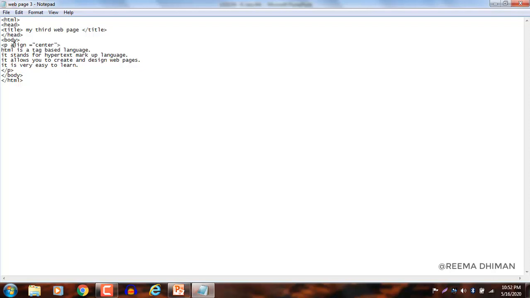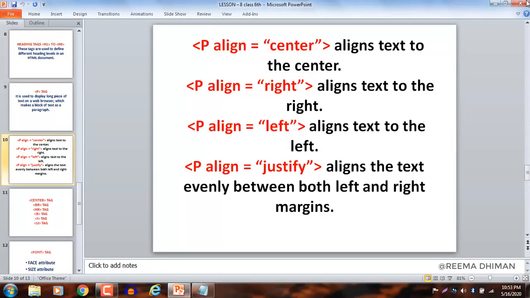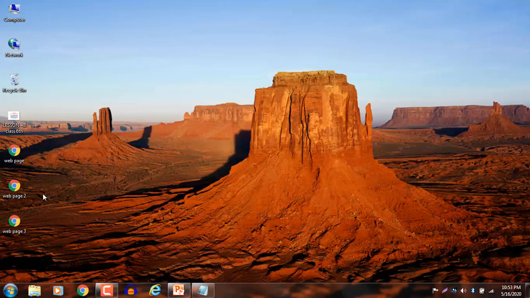As we write the changes in the same document, which is web page 3, just press Ctrl plus S from the keyboard. Clear? Now we will see the changes in our web page. Go to the desktop. This is web page 3.